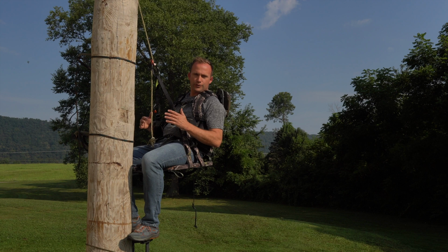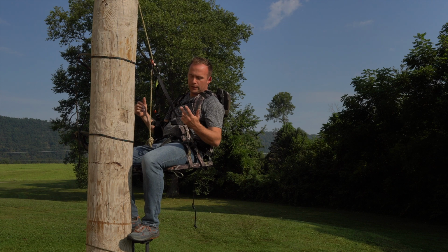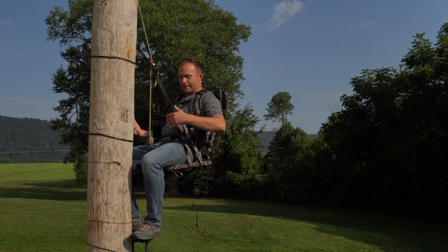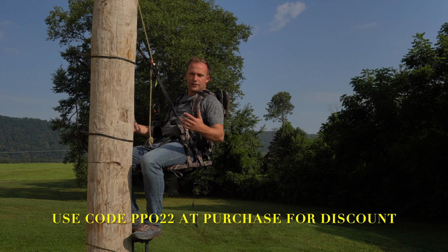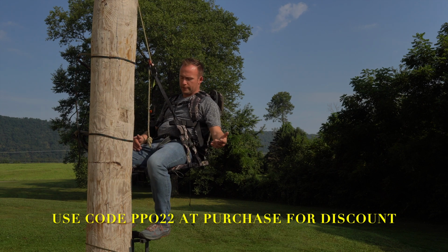Let me demonstrate how to use the platform on the top stick. Essentially, when I get into hunting mode, I'm going to lower my carabiner until I'm almost parallel to the ground with my legs. My feet are just barely resting on the platform itself. Most of my body weight is sitting back in the saddle. My legs right here, I can feel it in my back. I'm comfortable. And essentially, to navigate the tree, all you have to do, you can rotate in the tree fork